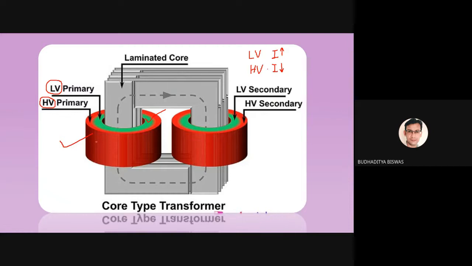The high voltage winding means a very thin wire, so very less cost. So that's why in case of core type transformer, first the LV winding is placed, then on the top of the LV winding, because once we place the LV winding, the diameter will increase and we need to use more amount of wire for the high voltage winding. But high voltage winding is less costly compared to the low voltage winding. That's why we place it here. Okay, so this is called the core type transformer.